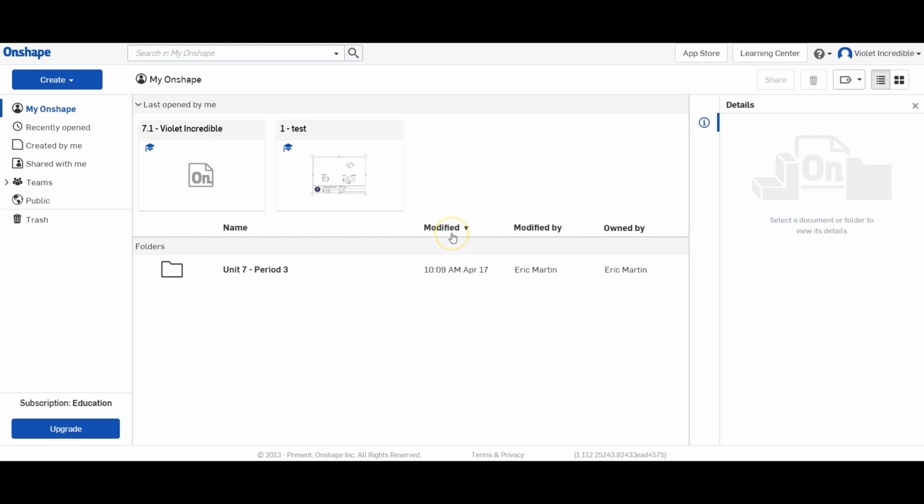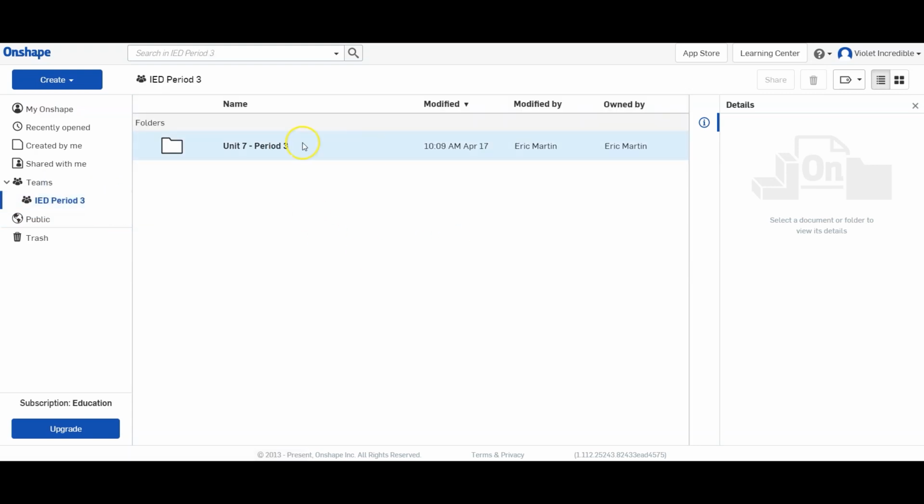So when you log in for the first time, if you've done everything correctly so far, you should get to a page that looks similar to the one that you see here for Miss Violet Incredible. What you're going to do is go to Teams in the left-hand menu, and you should see IED with your period name here. So I put Violet in IED period 3. So we're going to click that, and it'll take you to